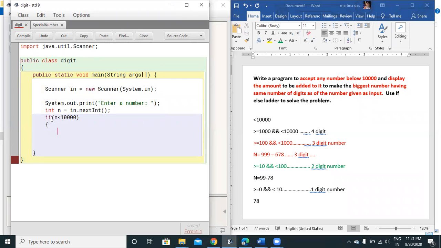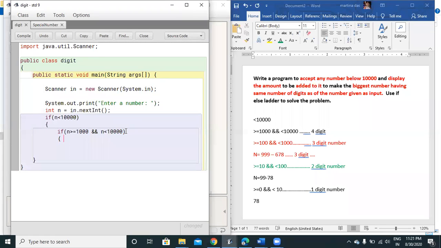If it is less than 10,000, then my first checking will be: if the number is greater than or equal to 1,000 and the number is less than or equal to 9,999. Otherwise, if you are writing only less than, then you have to specify 10,000. Then it is a 4-digit number.